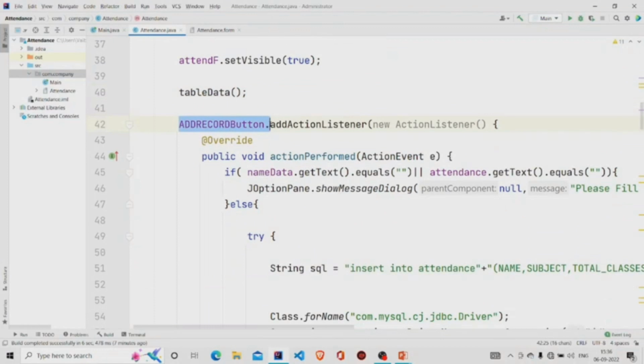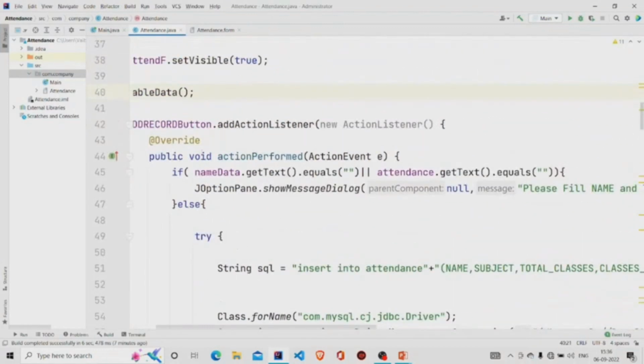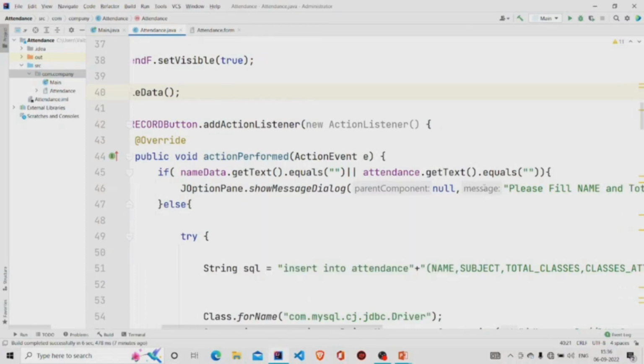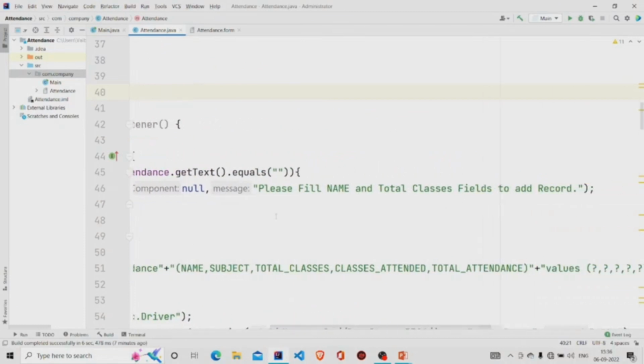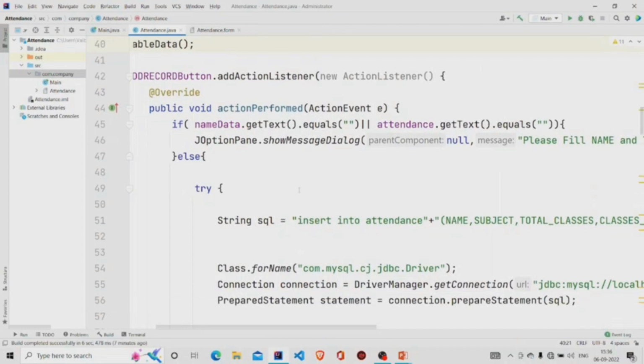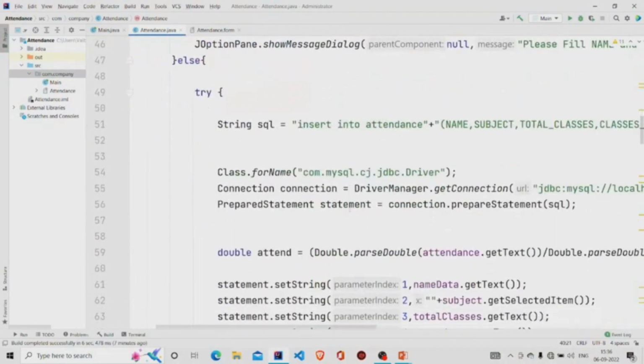Let's see our add button code. So we are checking over here if the name data, which is our text field, and the attendance is null or not. If they are null, then pop up a message, please fill name and total classes fields to add record. Else, if the user has entered the name and the total number of classes, it will run this query,